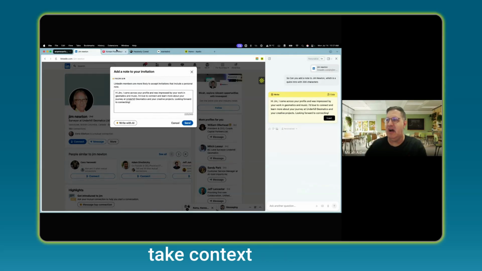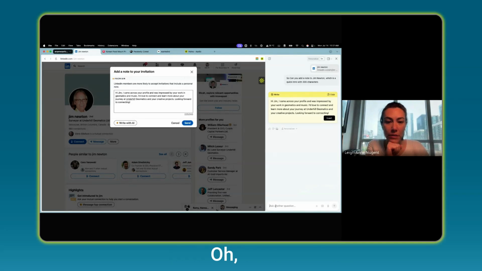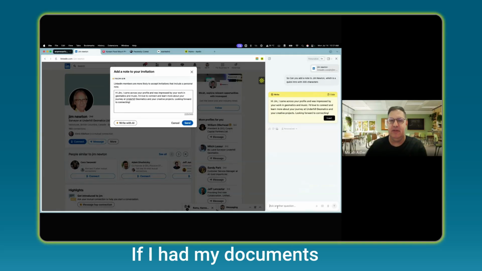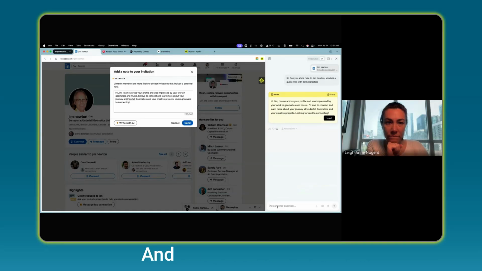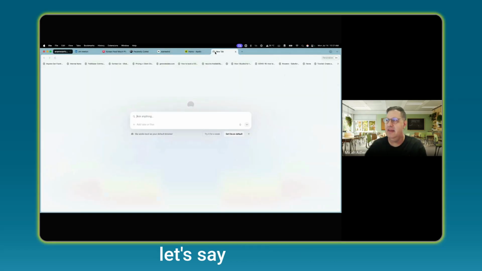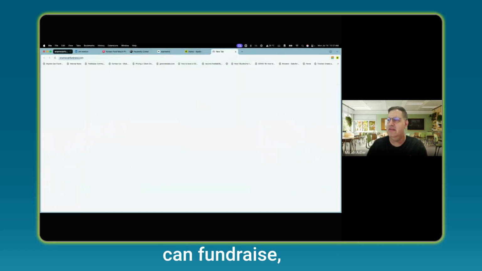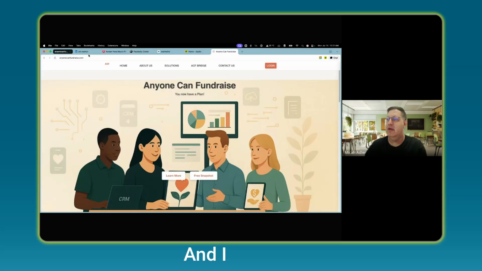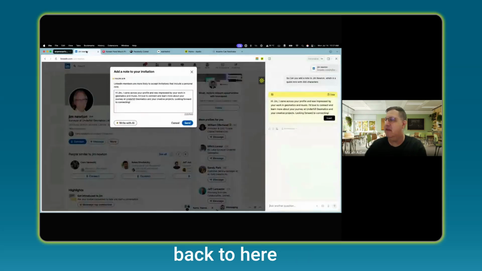But you can take context from other websites and tabs as well. So if I had my documents open and then I wanted to take content from, or even let's say here, anyone can fundraise, right? And I want to go back to here and I want to redo this, but can you actually